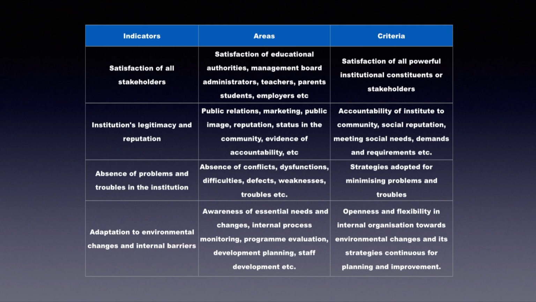Awareness of changes coming inside the system and outside, knowing the impact of each of them and planning strategies can help us to understand whether the institution's goals and objectives will be achieved or not. These can be judged based on the openness and flexibility of the internal organization towards the environment, internal changes and its strategies for continuous improvement, continuous planning, and success, which can be achieved based on these 7